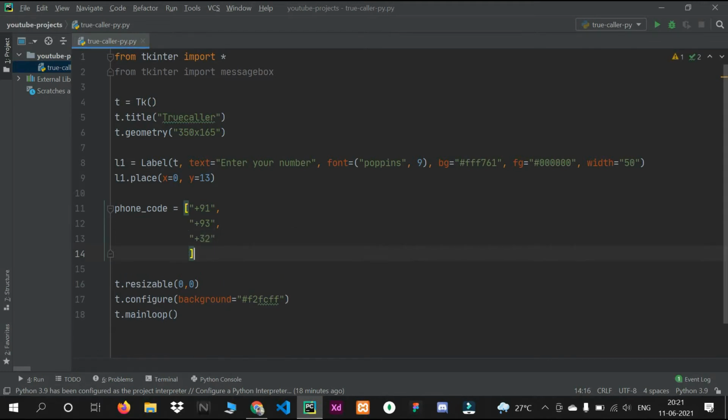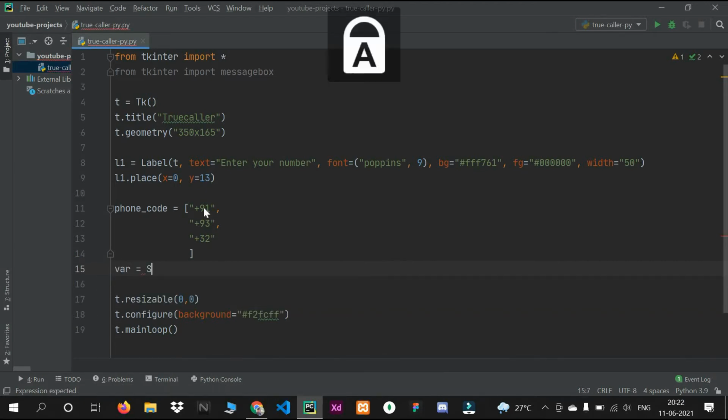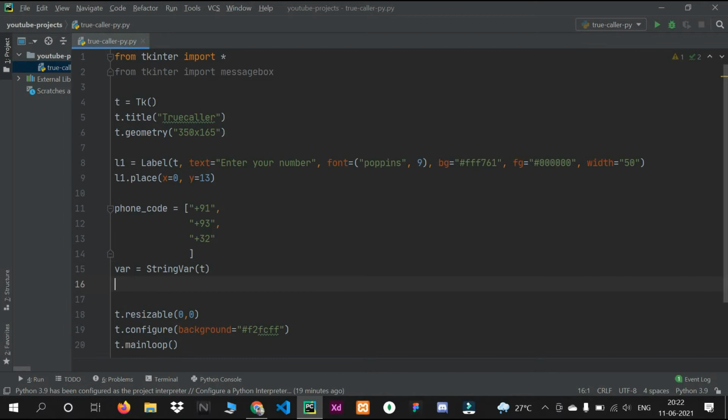So these were our phone codes, and for this we will take one variable, which will be a string var, t. So it will allow us to use the strings from the entry box. I'm just declaring var.set, and we will pass the phone code from the starting array, index 0.